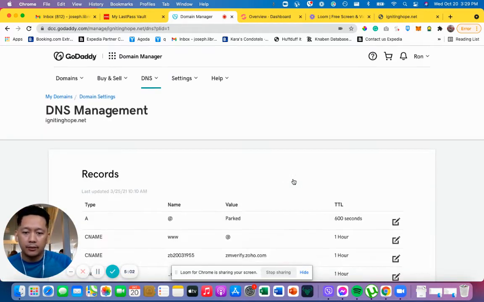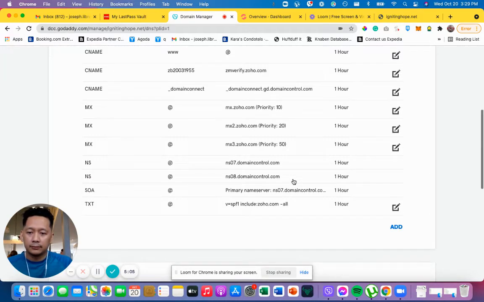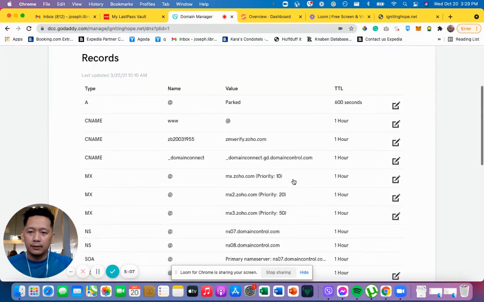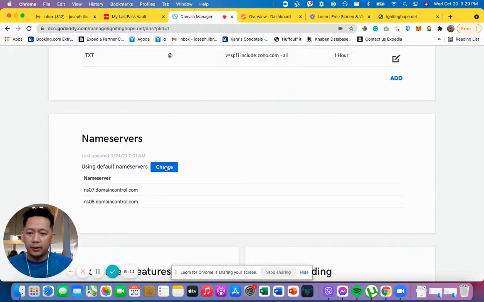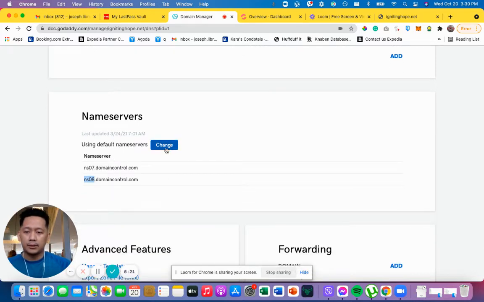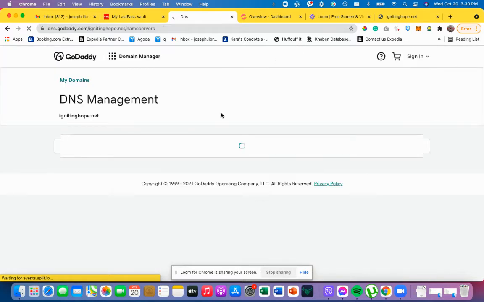Okay, so right now, don't look at this for now. Just go here. You see, this is where your name server is. Currently, the name servers are pointing to this specific domain, and what you need to do is change that, because that's the default name server. So click on change, and then you will be asked to add